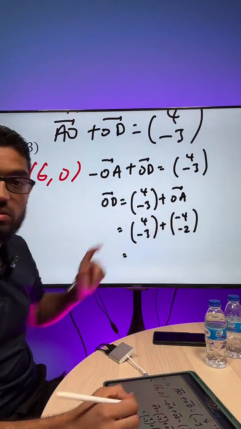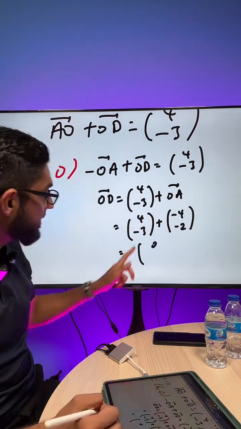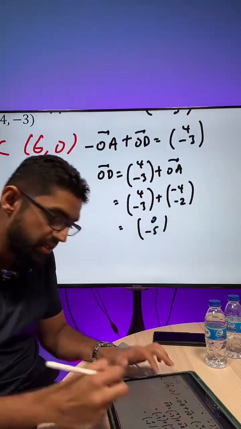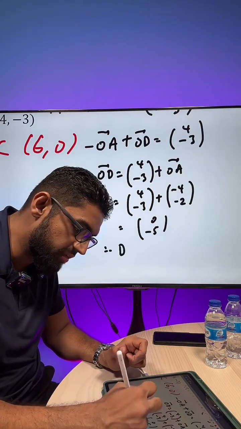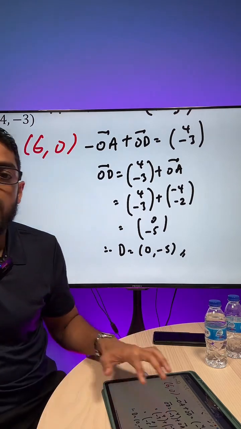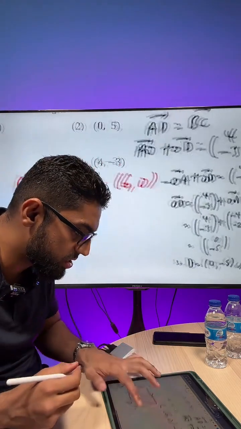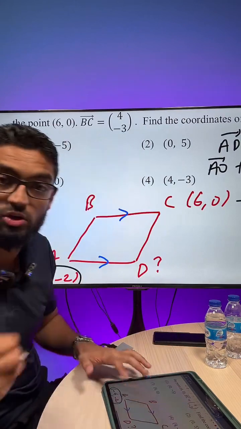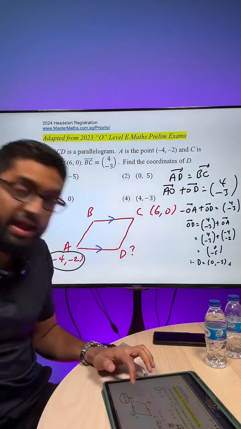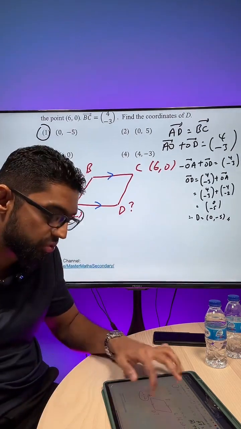4 plus negative 4 is just 0. Negative 3 plus negative 2 is just negative 5. Okay, so with that, therefore, D we can find as (0, negative 5). So the answer is option 1. Option 1 is the coordinates for D, and this brings us to the final question for today,